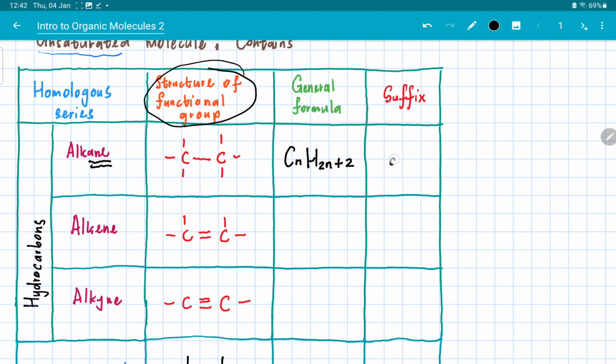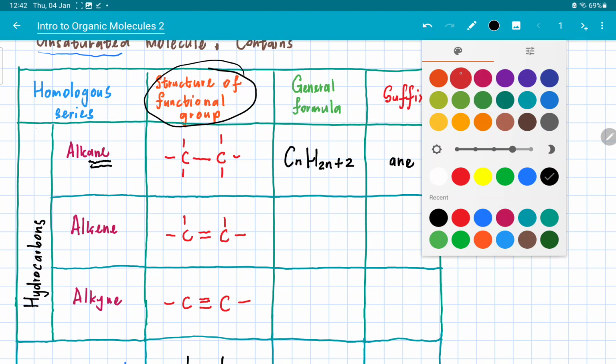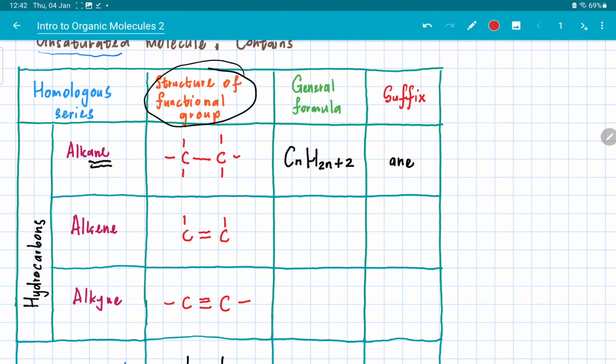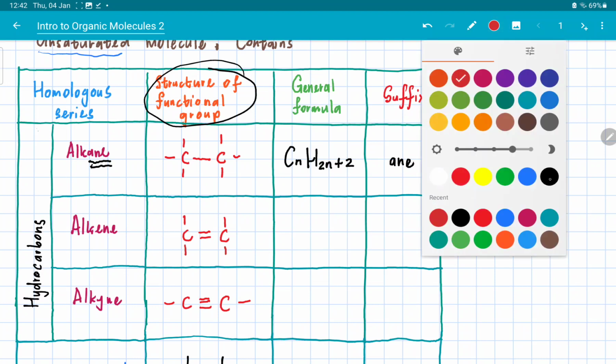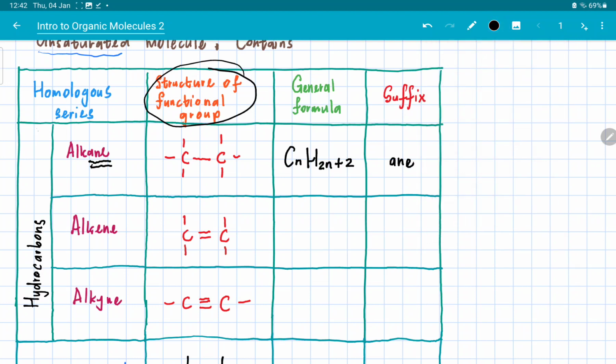So all alkanes end with ane. The bonds do not necessarily have to be drawn here, you can even do this, it's fine. If you are dealing with an alkene, the general formula is going to be